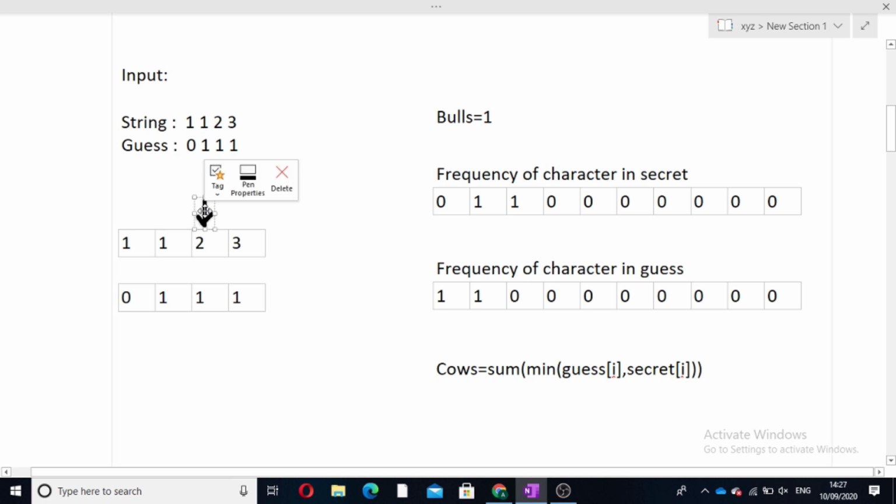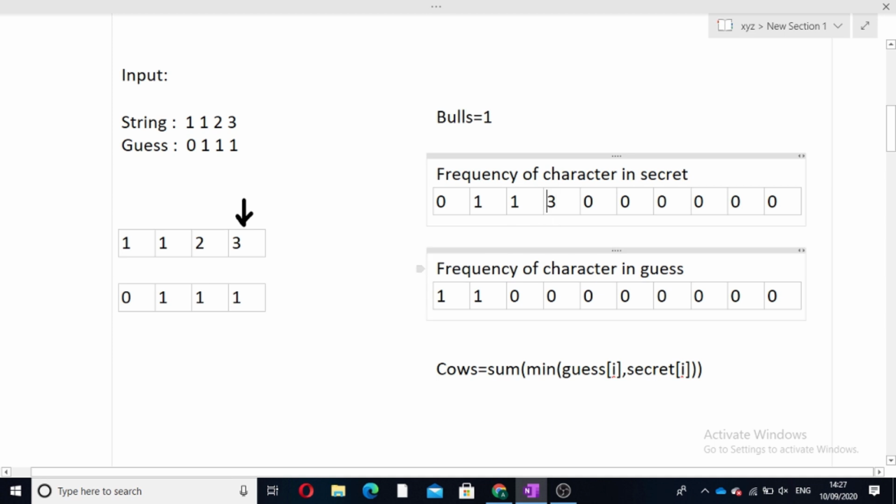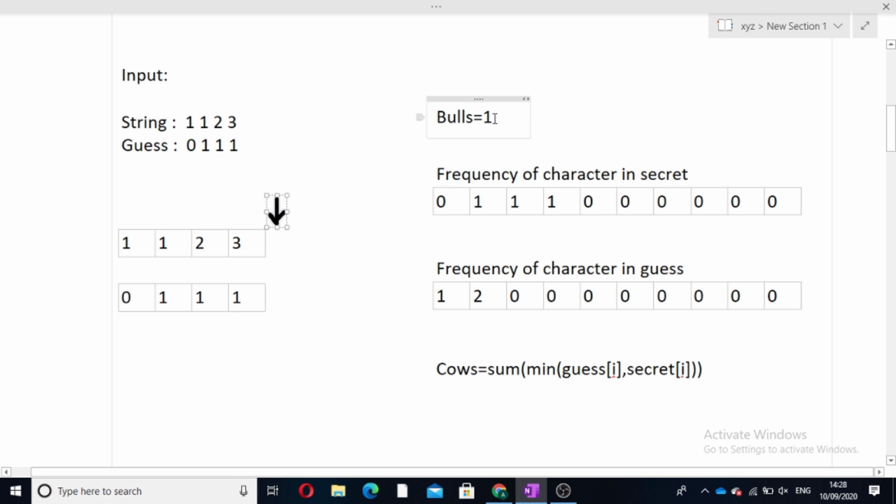Now we will move ahead. Here the characters are again different, so we will update the third index of the secret array with 1 and the first index of the frequency array of guess. Now when we have traversed through the array, we have our bulls answer in this variable, and now we have to calculate our cows answer.